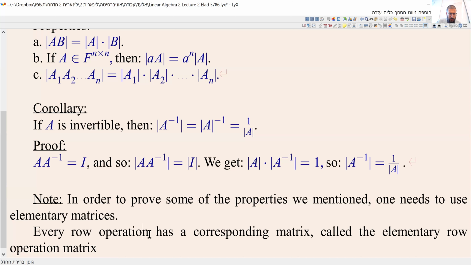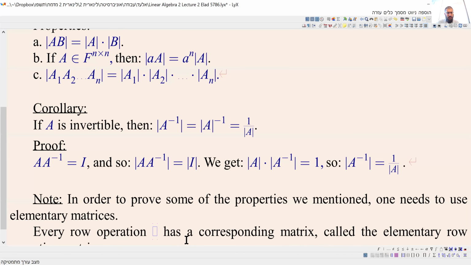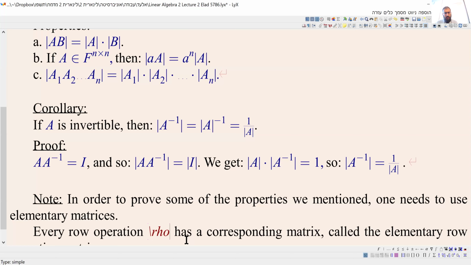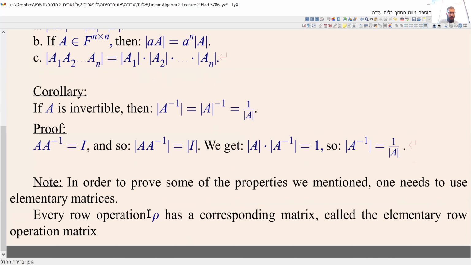Let's use a notation. For every operation, I use the Greek letter rho, and the elementary matrix I denote with